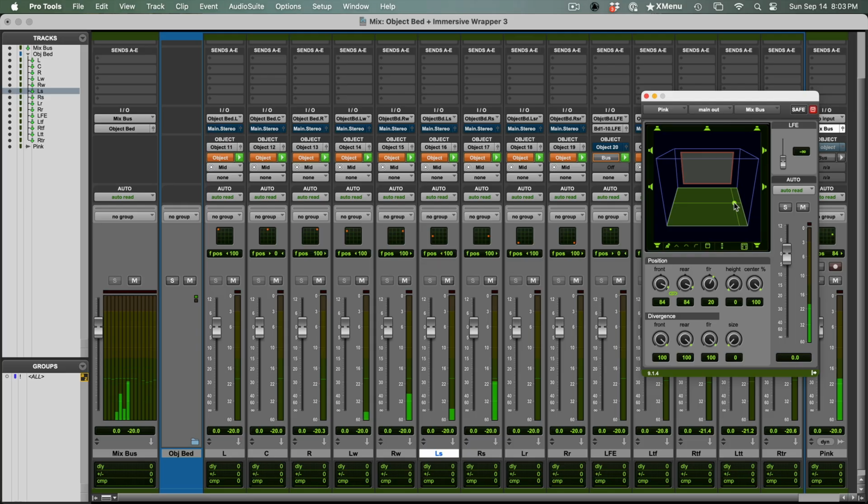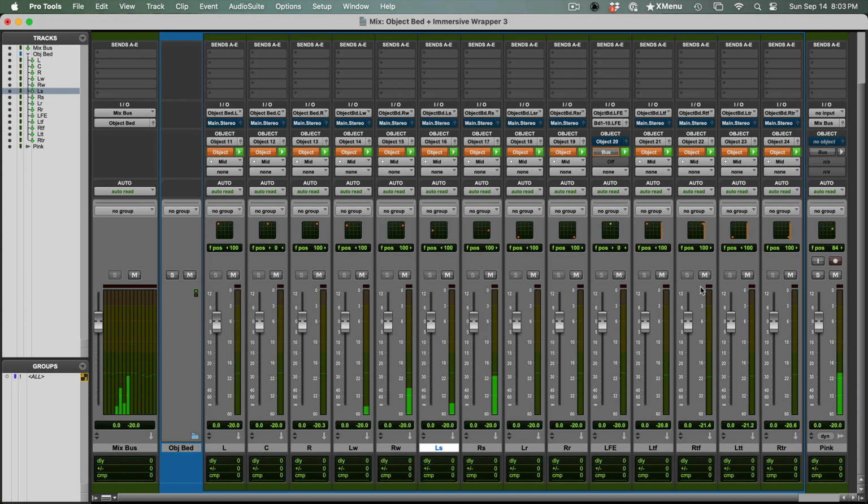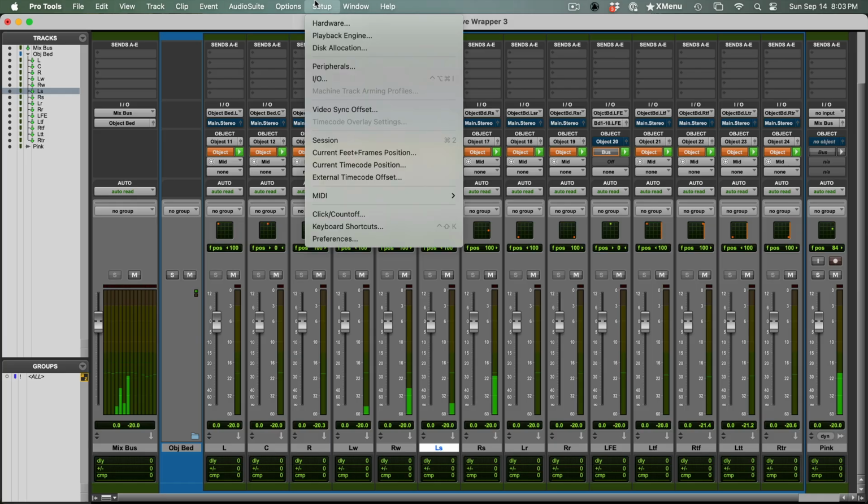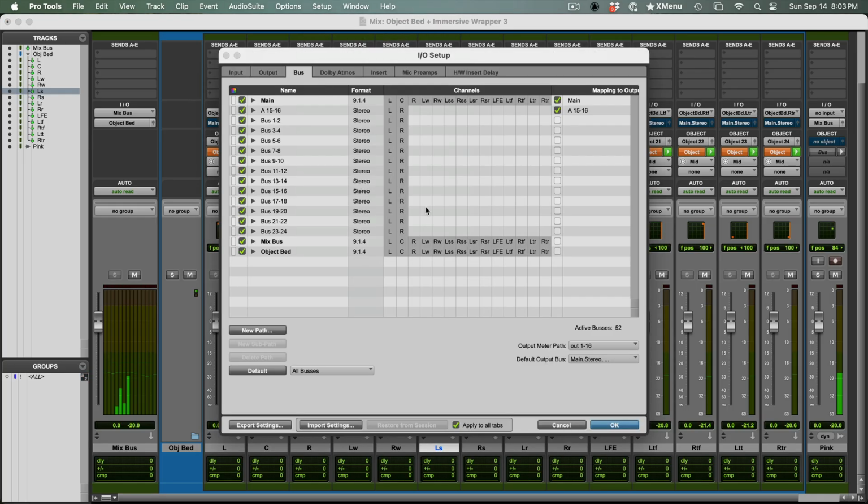And then a couple more last things to do. I've already put it in a folder, but maybe it'd be kind of nice to color code the folder and put them all in an Atmos group. So I'm going to open up the I/O, set up I/O. I'm going to take these